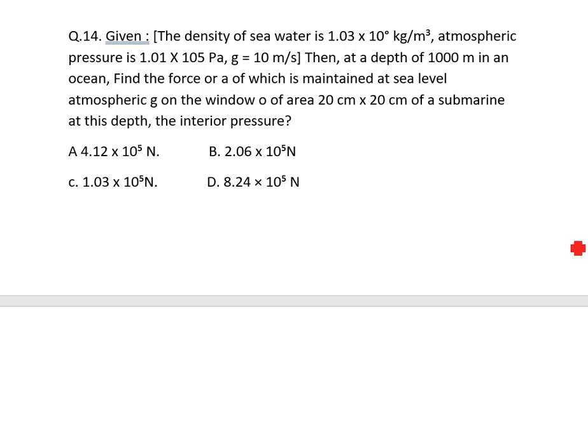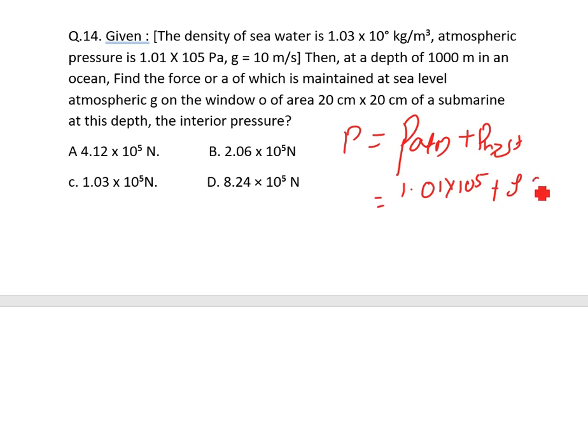Force is asked below 100 meter. So same formula, same process. P is equal to P atmospheric plus P hydrostatic. For this one, the value is given as 1.01 into 10 to the power 5. For the next term, it is the same formula, rho gh. So pressure will become 1.01 into 10 to the power 5 plus